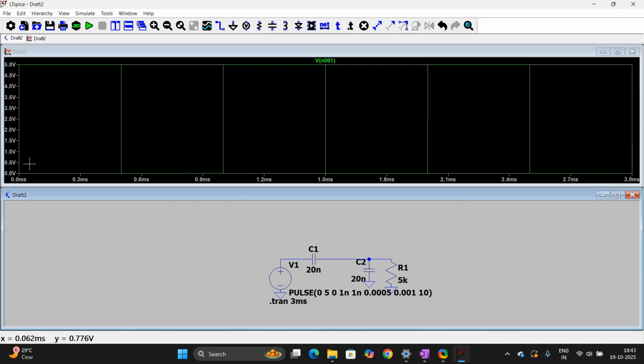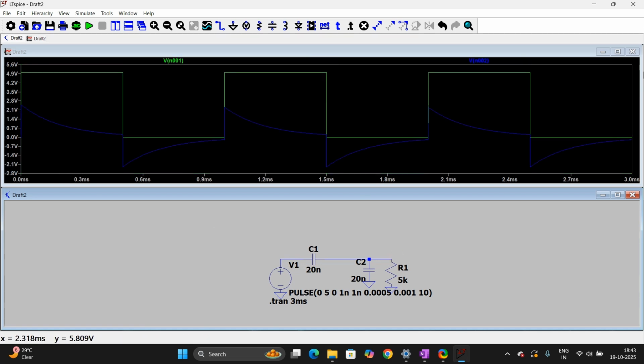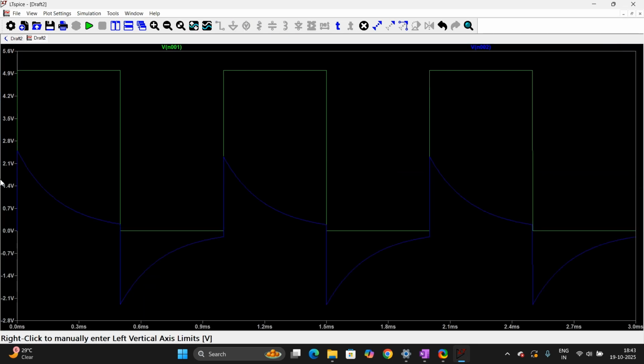Yes, there is a good looking pulse waveform which is 0 to 5 volt. This is an input waveform. When we click on this, this input pulse appears, and when we click this output, then we can see our verified waveform. This is the input, and this is our output waveform where 0 volt to 2.5 volt initially appears